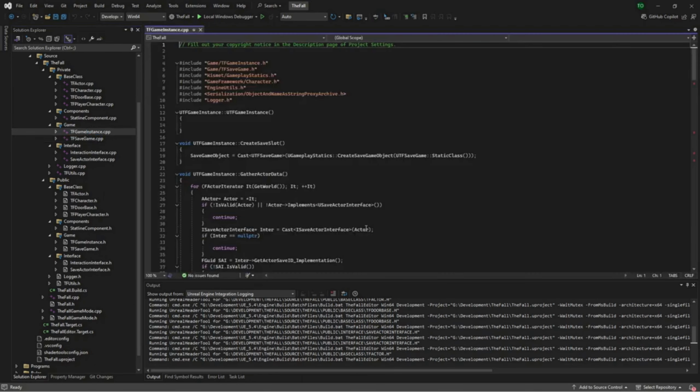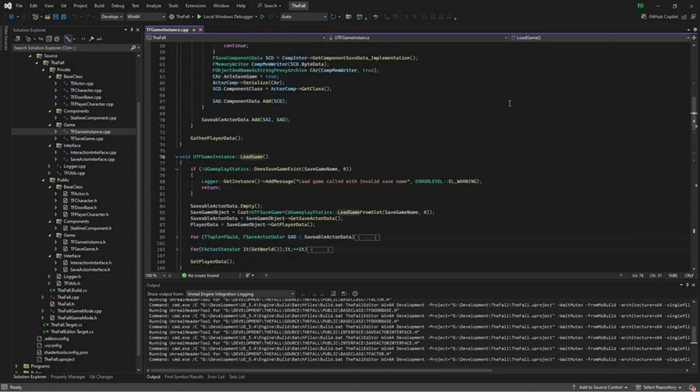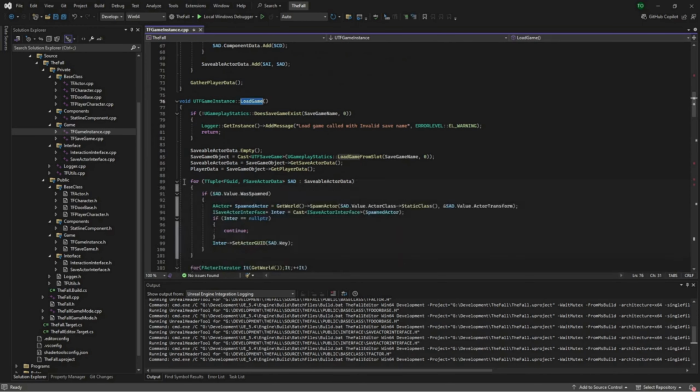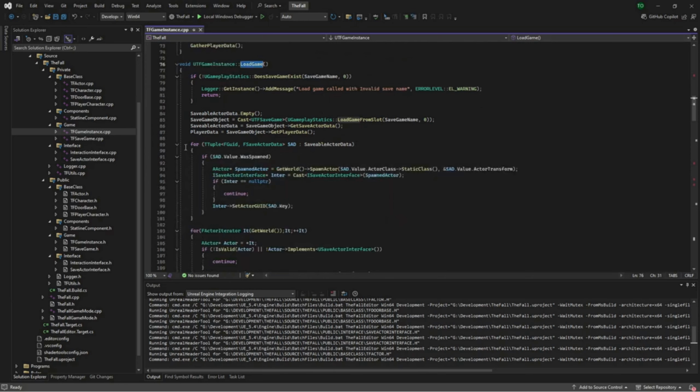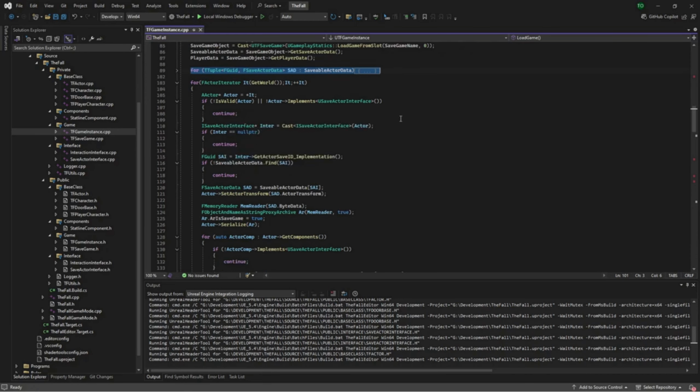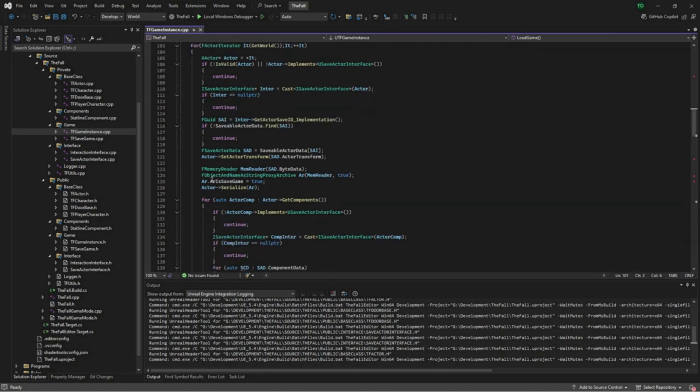And then what we're going to do is go to our load function. No, not set player data, load game. So in here, we're going through, and just to cover this again quickly, this is our spawned actor information. We're just chucking him into the world. That's all we're doing there. Now down here, when we're actually going through and applying the save data,